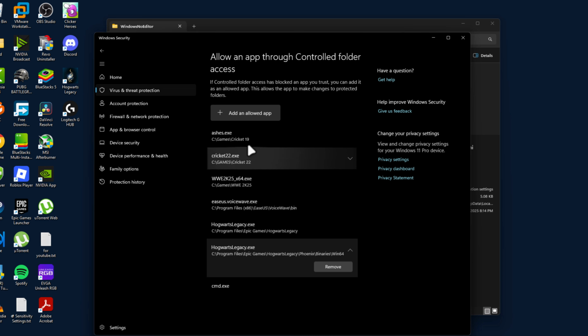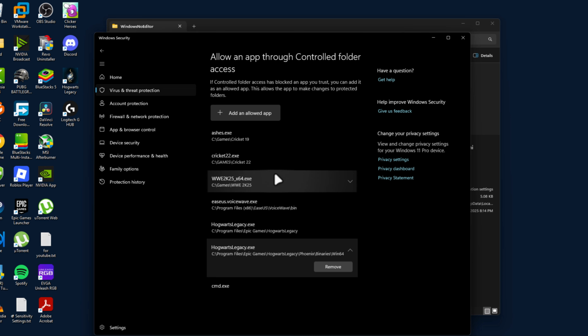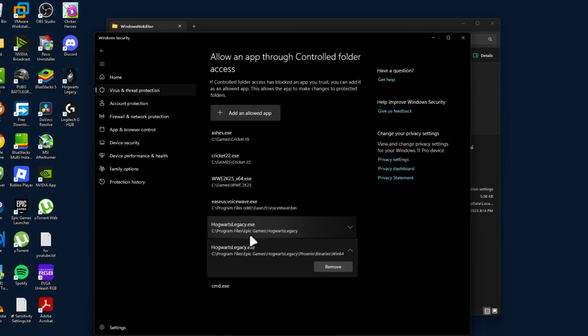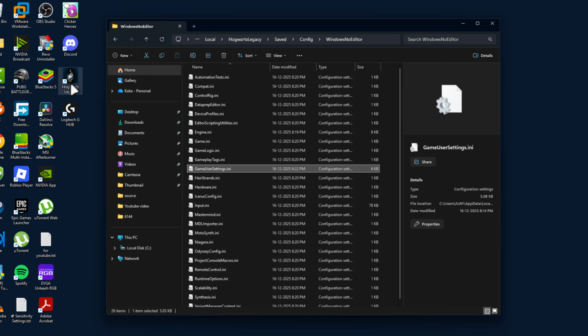Windows Defender controlled folder access blocks game from writing save files, creating config file, loading shaders. When blocked, the game fails to launch silently with no errors. So adding this, the game can write files. So open the game and